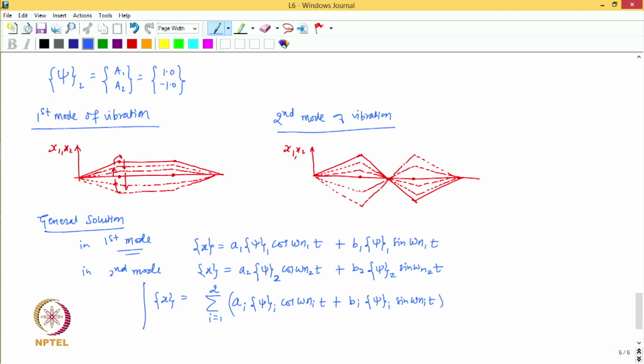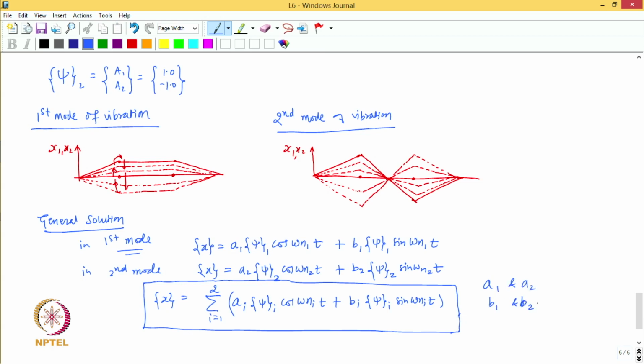So, this basically gives us the general solution of the free vibration of the system, and here A1, A2, B1 and B2 are arbitrary constants,